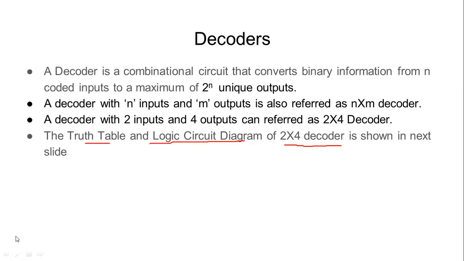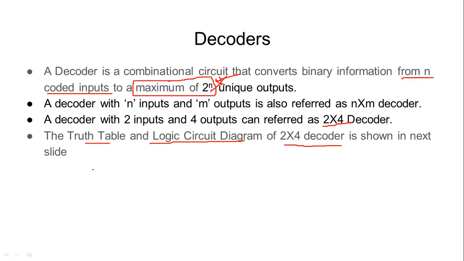because there is one more concept that you have to understand in case of a decoder, which is, whenever I am saying that the decoder is able to provide me the output value in the form of 2 cross 4 or anything, depending upon the number of input values we are taking. So if you again look at the definition properly, it is a combinational circuit that converts the binary information from encoded inputs to a maximum of 2 raised to power n unique outputs, right? This is important to understand.